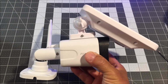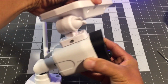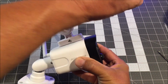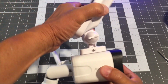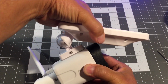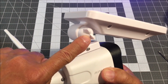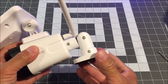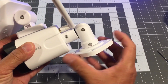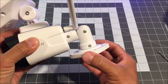Now the solar panel can be rotated almost 360 degrees by loosening up this screw right here, and tilt slightly over 90 degrees by loosening up the hand screw that is right here. Now the wall mounting base can be rotated 360 degrees and has a tilt of 180 degrees